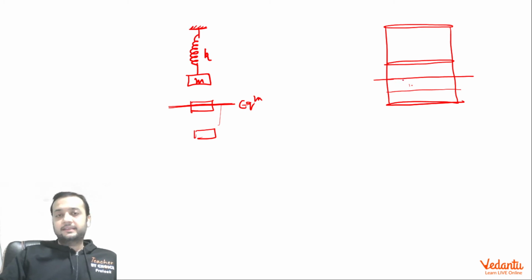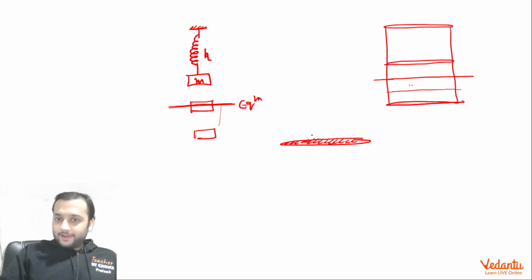See, in reality, the piston is actually going to achieve equilibrium because of damped oscillation. There is one critical difference between the spring block system and the piston oscillation. Here, the oscillation of the piston will be damped. Now, let us see why the oscillation of the piston will be damped. When the piston moves down, let me draw the piston over here. So this is the piston, right? So when it is going down,